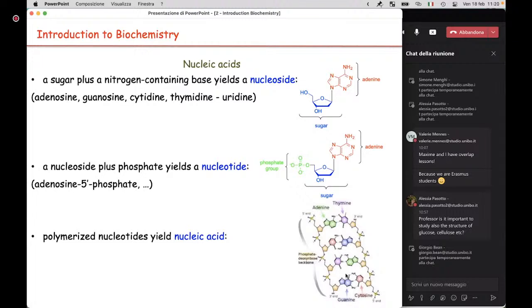But this also means that when needed, we can open and keep the two chains apart in order to use the DNA to produce whatever you want in the cell. Or we can open only part. Of course, DNA is never used all together, but we can open specific parts of the DNA, because these are quite easy to open one by one, and use the open part of the DNA to produce whatever we want to produce in the cell.